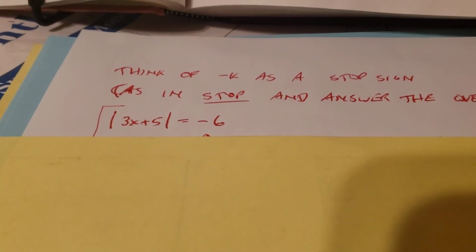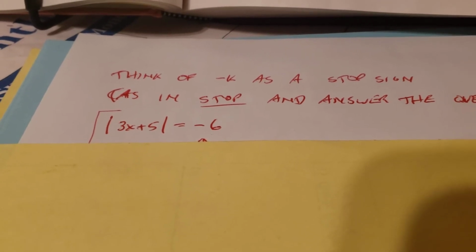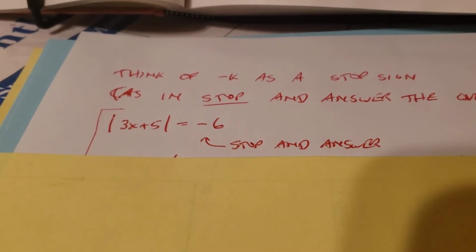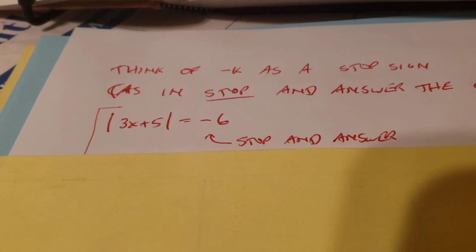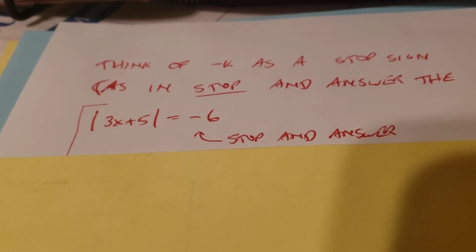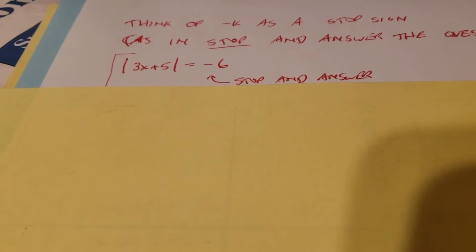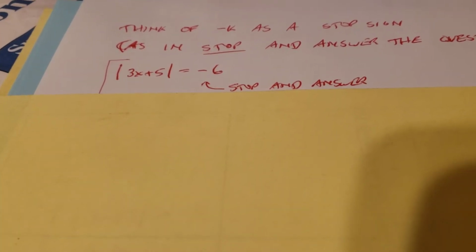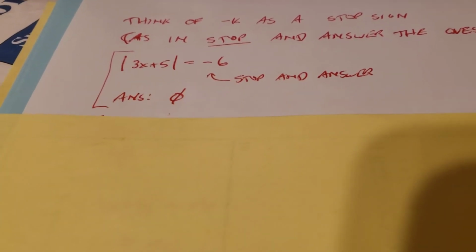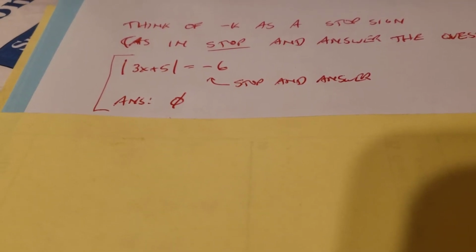So I'm looking at this problem right here. Absolute value of 3x plus 5 is equal to minus 6. Not 6, but minus 6. There's really no steps. The way of freeing the argument doesn't work. You just have to stop and answer the question. When is something with an absolute value on it equal a negative number? Well, it never is. So since that's never true,